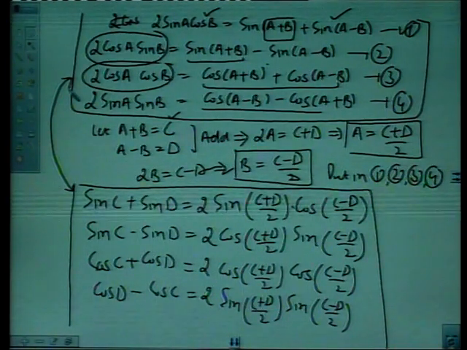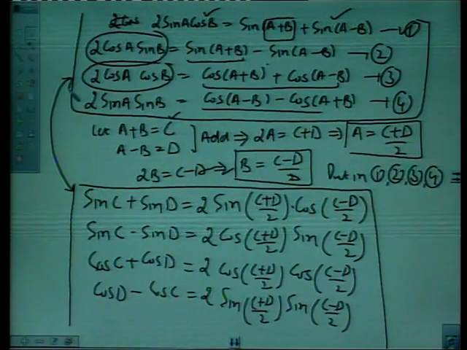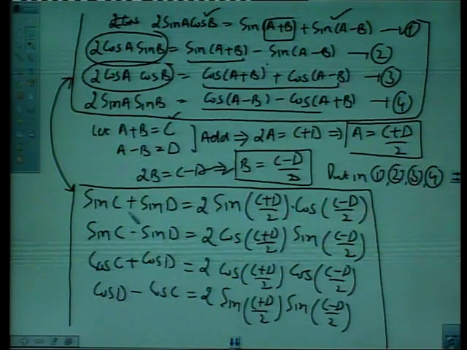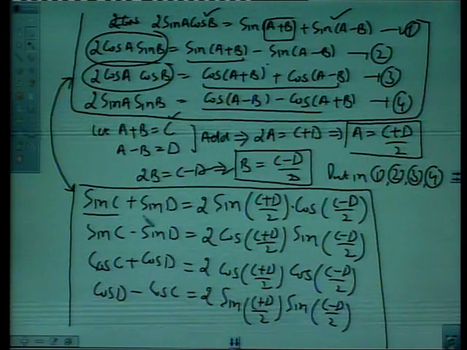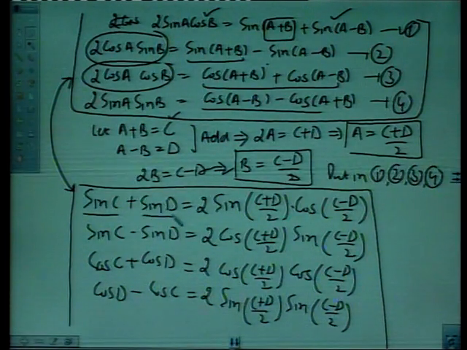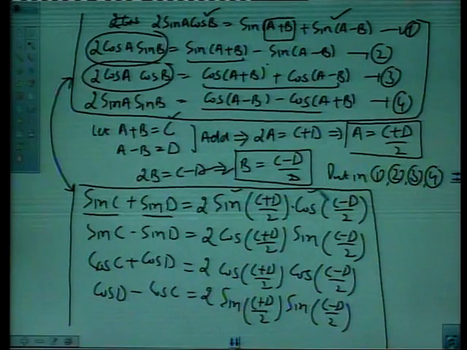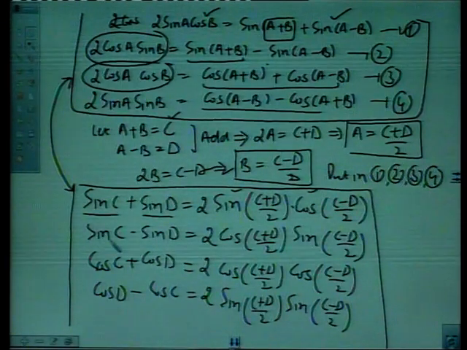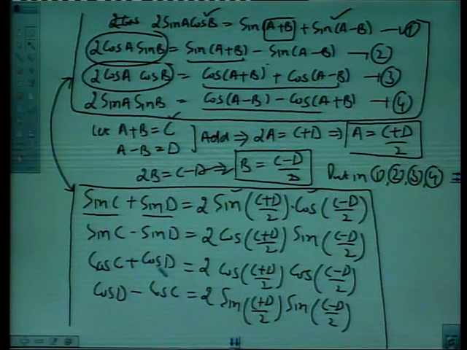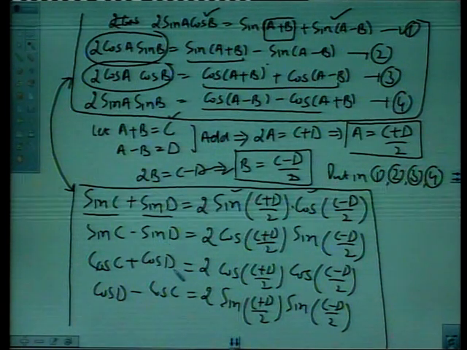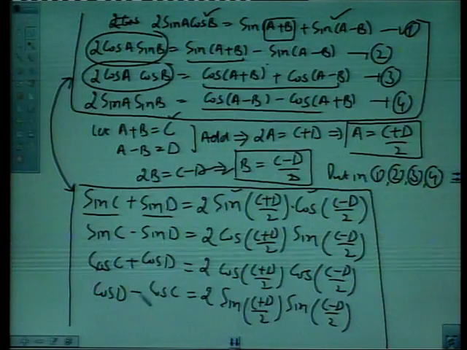The specialty of these formulas is that using CD formulas we are converting sums and differences into products: sum of two sines into a product, difference of sin C and sin D into a product, sum of cos C and cos D into a product of cos. Similarly, the difference of